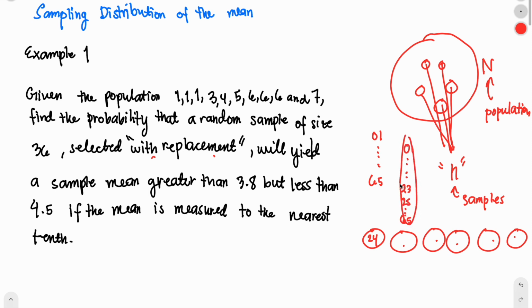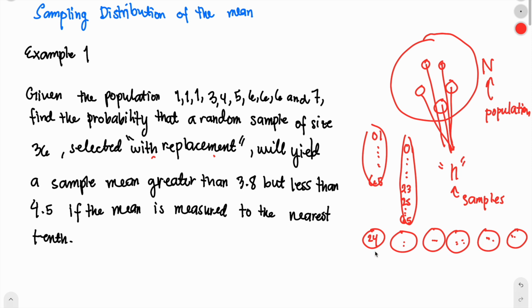But if with replacement, meaning 24 can still appear in the remaining 5 slots. Okay? So that's what with replacement or without replacement means. In the examples, we need to know the probability of that number